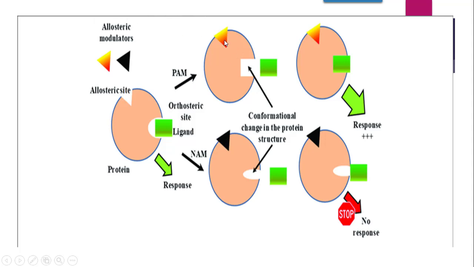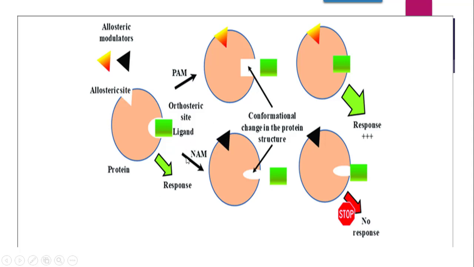Once the modulator binds to the allosteric site, conformational changes in the protein structure will take place, and the shape, as it was earlier, will change, and the actual ligand, that is the actual neurotransmitter, will bind, and this will be called a positive fit. That means this allosteric modulator will be a positive one, because it will cause such a conformational change that the neurotransmitter will fit into the complex and it will show the positive response.